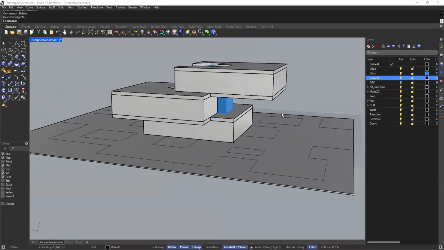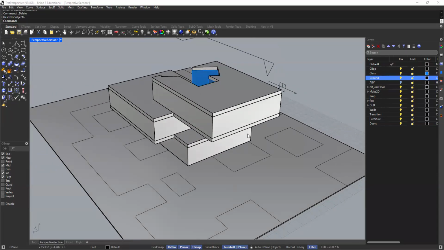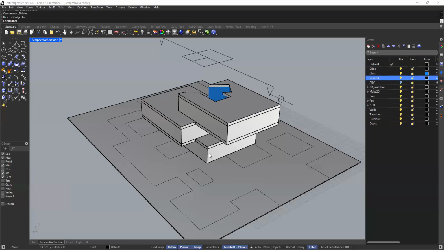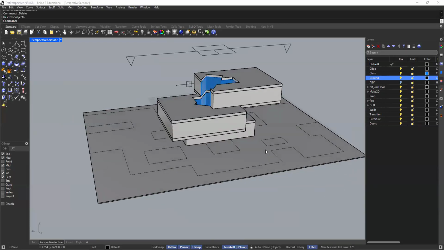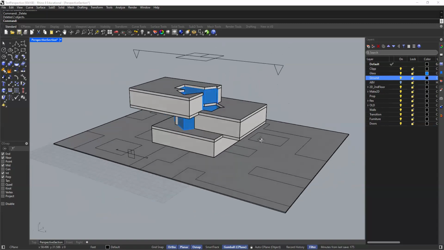We could show that in a drawing using dashed lines. A dashed line on a floor plan is representing something either behind or above you, like above your head. And so we can go ahead and draw those lines. Now, the way I go about doing that